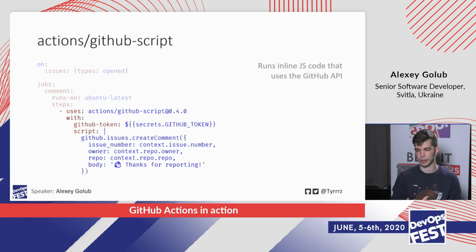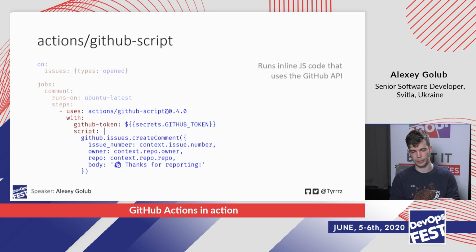Then another one that I wanted to mention because it's really cool, it's actually one of the actions provided by the GitHub Actions team, and it's called github-script. The way it works is that you can run any JavaScript inside of your steps. But more interestingly, it also provides some objects that you can use. Right? For example, here we have a step that references that action. We also specify the GitHub token, but then we specify the script.